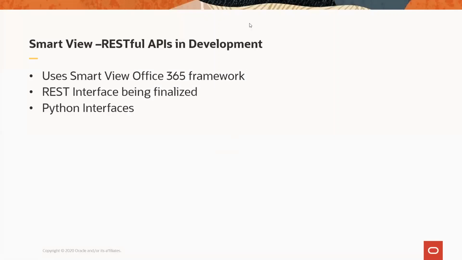Okay, yeah. Actually, with the Office 365 framework, we got a lot of functionality like RESTful API coming as a part of its implementation. With this RESTful API, you will be able to get artifacts from the planning application as well as work with an ad hoc analysis or a form. These are going to be helpful when integration with Python or other third-party applications comes in. You will see that there are some developments that will happen in the future related to Excel and Python integration. We believe the REST API would be very helpful there. And if we go to the next one,